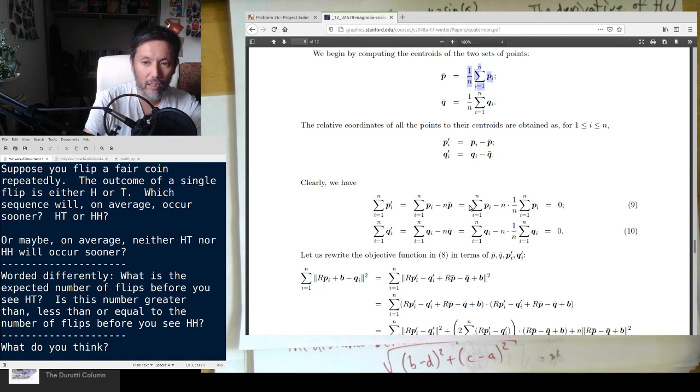And so you can see that this whole thing, that is the sum of the pi primes, is 0. And similarly, when you give the same kind of treatment to the sum of the qi primes, they're also 0. So you can think of it like, once you write down these things relative to their centroids, it makes sense, right? That adding up all these vectors will result in the centroid. Yeah, does make sense, right? Okay, so then,